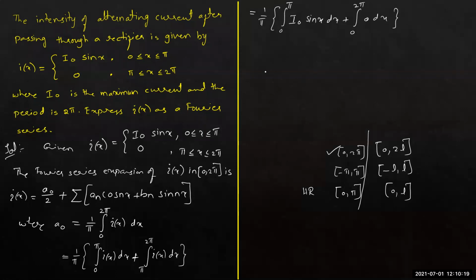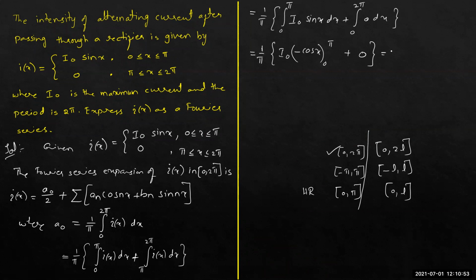So it is equal to, if you simplify this, see how much you'll get. It is 1 by pi into, you can actually write that I naught aside. If you keep this I naught aside, what remains is only sin x. Integration of sin x is minus cos x with the limits from 0 to pi. And when you integrate 0, it is simply 0, right? Fine. So that's what you'll get now.